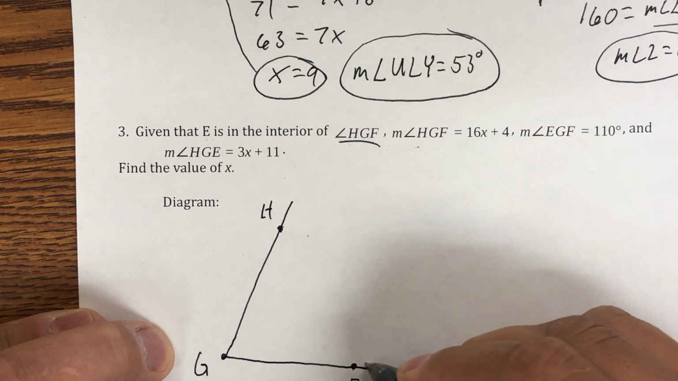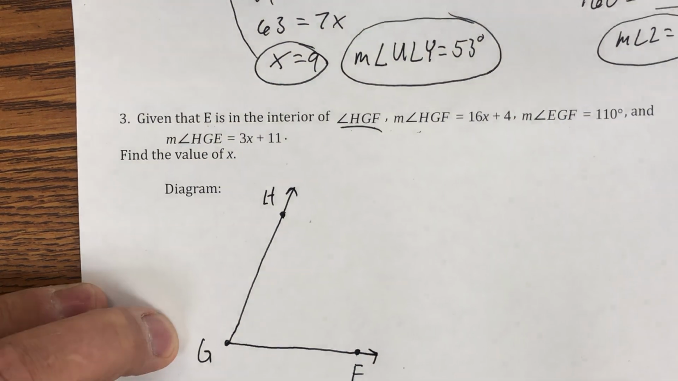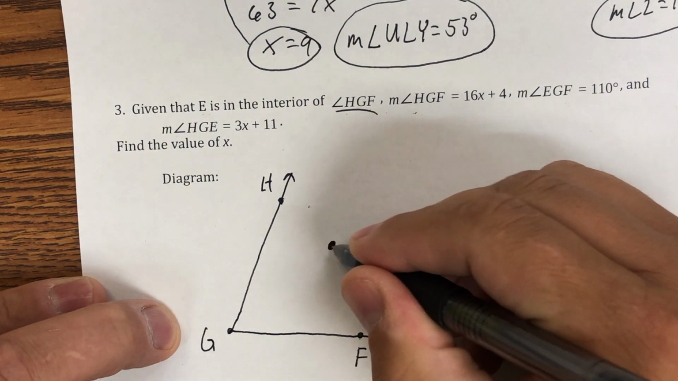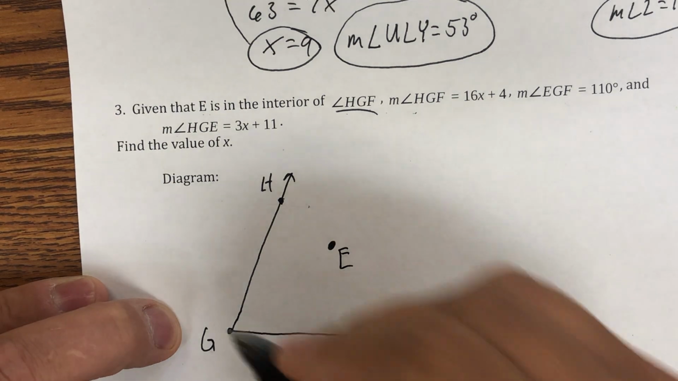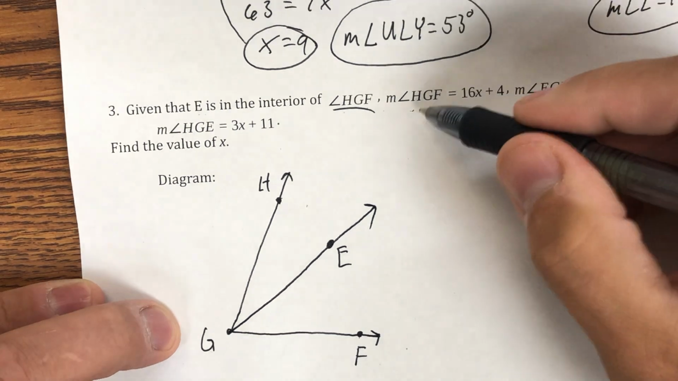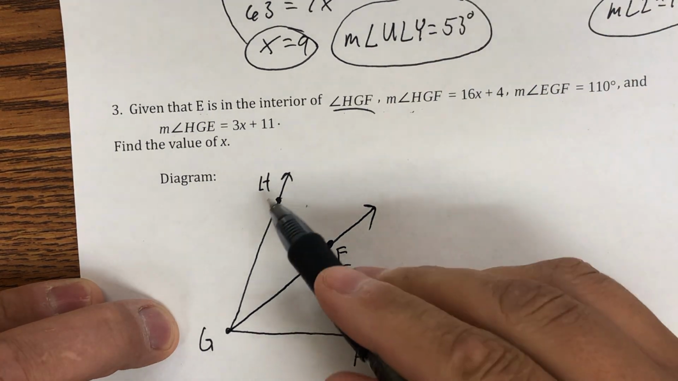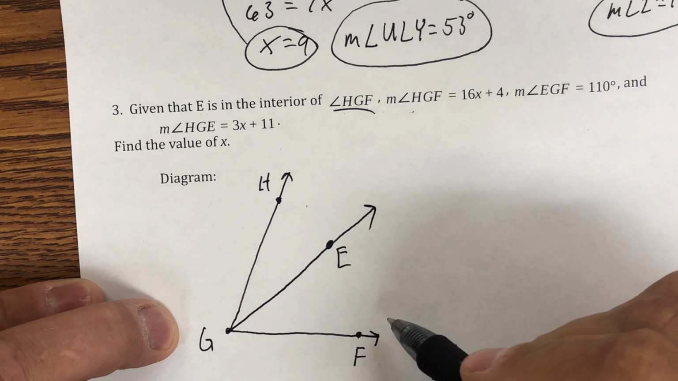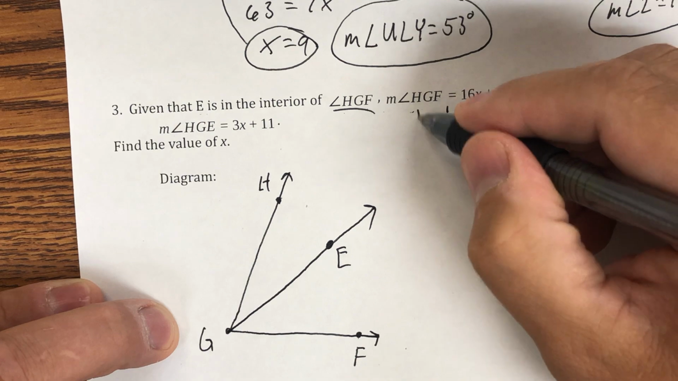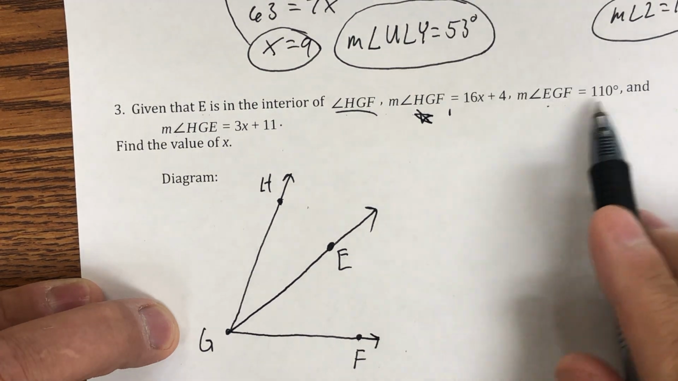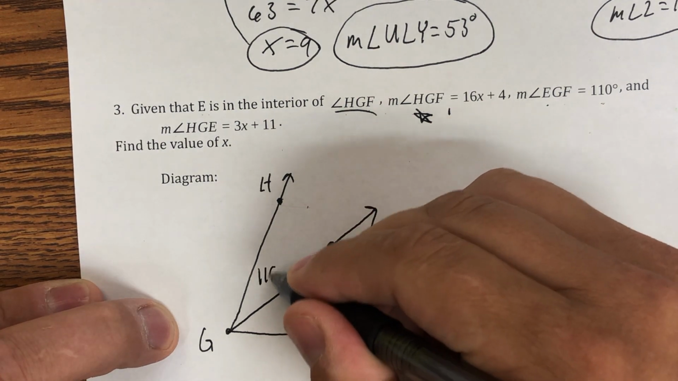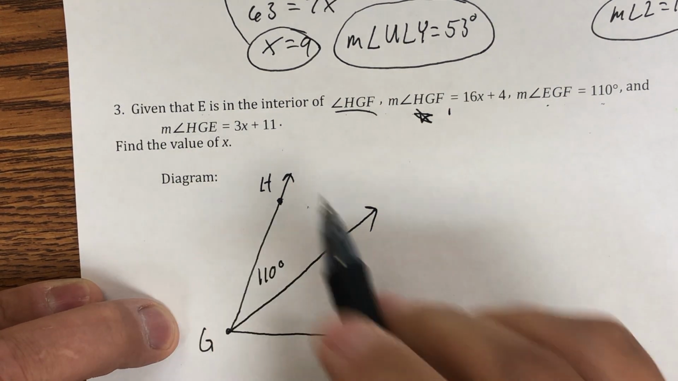Now notice, I don't really know what type of an angle it is. I don't know if it's acute. I don't know if it's obtuse. I just drew a random angle. Point E is somewhere in the interior. Here's point E. All right, connect G and E. And we have angle HGF. So HGF, that's the entire angle. That's 16x plus 4. I can't really label that with that piece in between, so I'm going to come back to this one and put a star by it. EGH is 110, so EGH, top one, 110. And HGE, the bottom one,